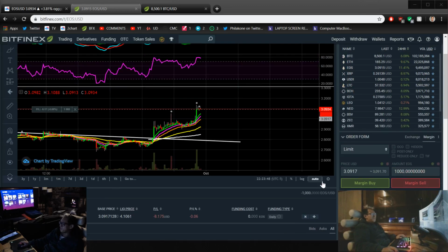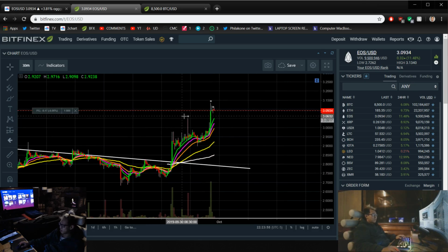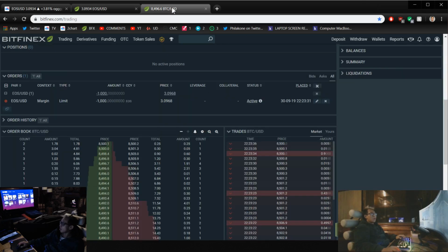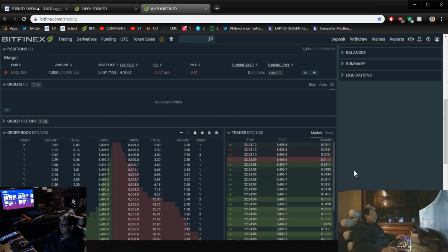All right, I'm playing a very, very small position right now of only $3,000. The reason why I entered this trade is because a lot of people are getting liquidated right now. This new feature is showing that there are people getting liquidated amongst these price points. And another reason why I'm entering these short positions of mine is because Bitcoin's level 2 is looking incredibly bearish